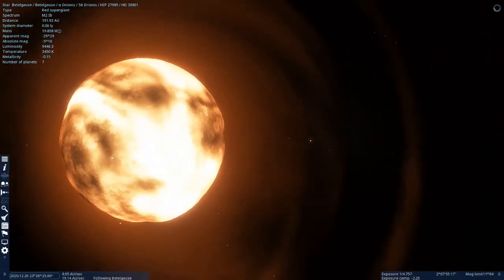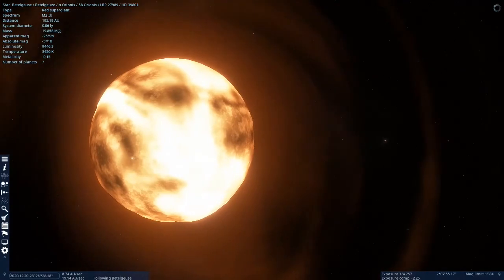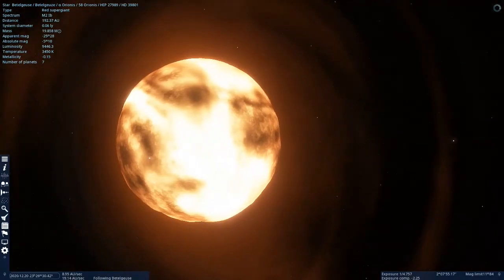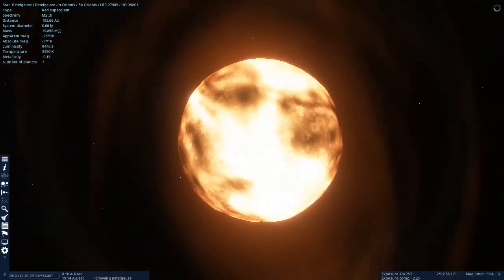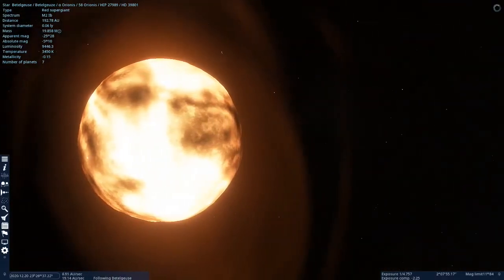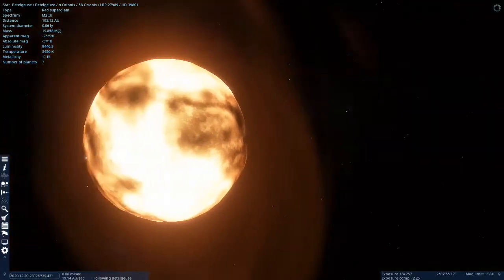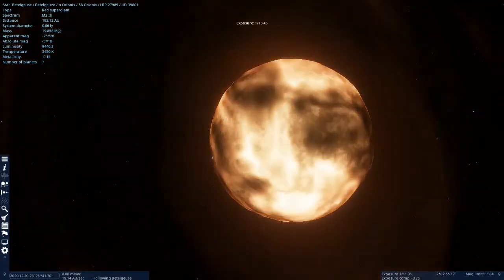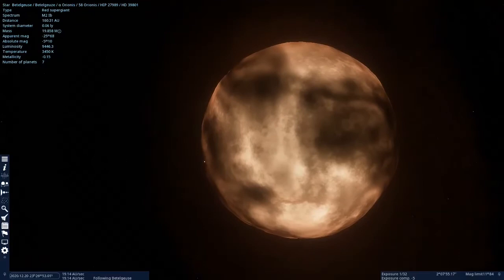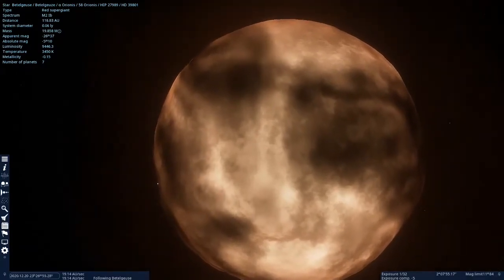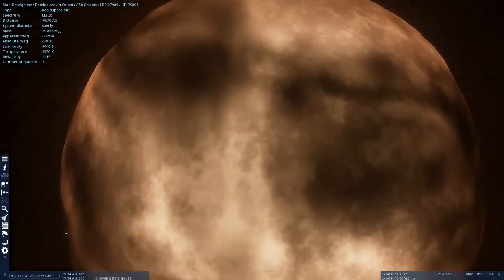And it seems like it has a little planet there or something, some kind of little companion there, off on the right of the screen now, following us around as we try to orbit around Betelgeuse. I'm not doing a very good job. Let me turn down the brightness so we can appreciate the texture a little bit more. That's kind of weird looking. I like that, though. We can actually come in really close now that we've turned down the temperature.